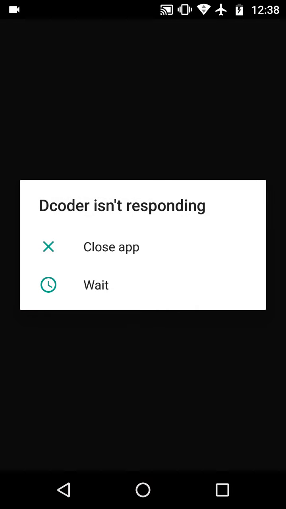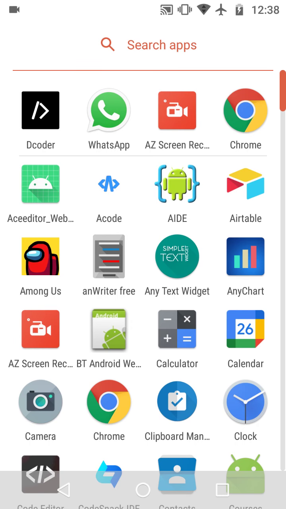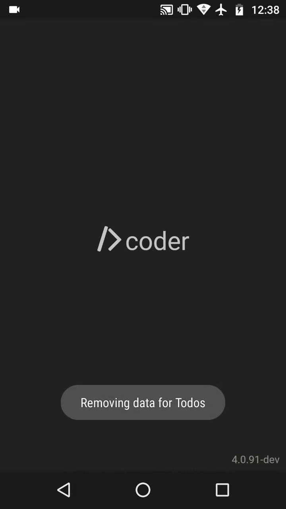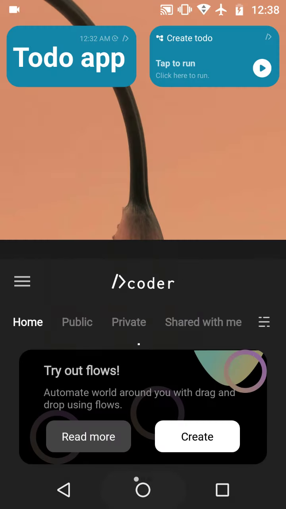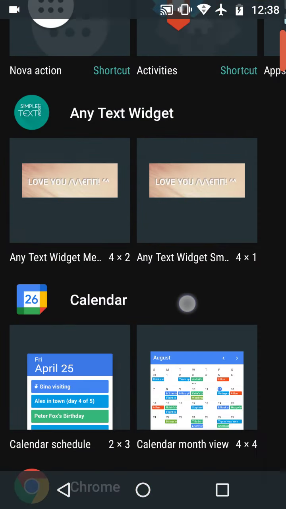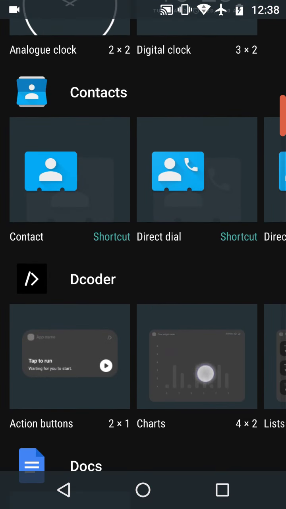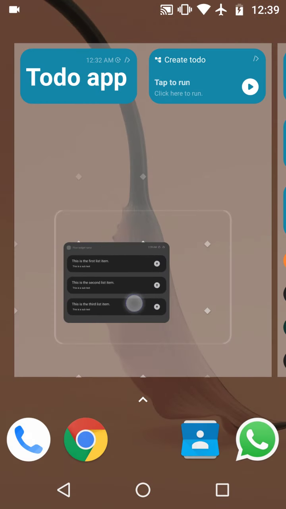Let me check it again if everything is fine. It's taking some time to load. Okay, I think it's now working. Yes, let's go back to home screen and drop our list widget.